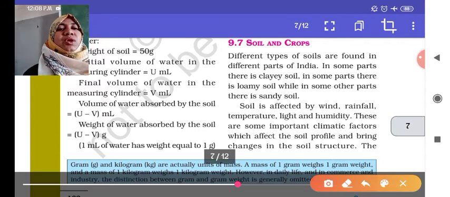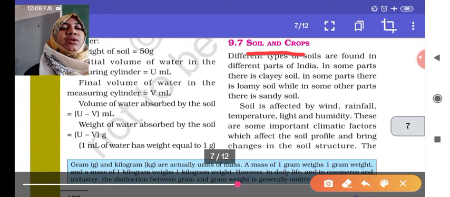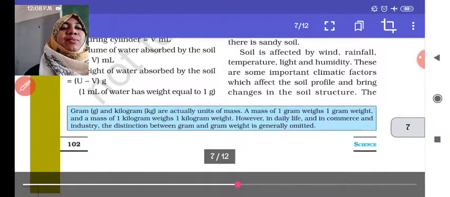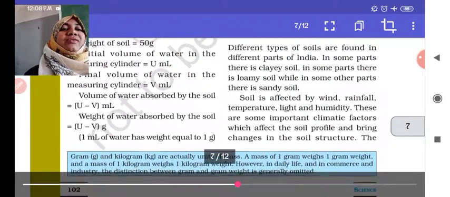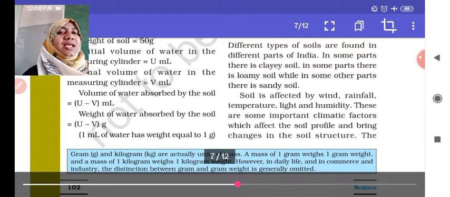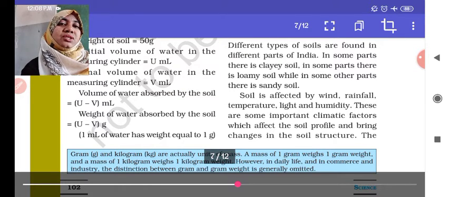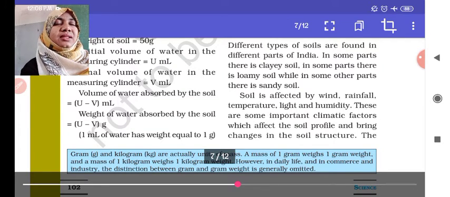The next concept we are going to see is soil and the crop. This is a very important concept. The soil is very important for the growth of different kinds of crops. As you very well know, the desert area is completely covered with sand. There the vegetation is limited. They cannot grow rice, ragi, wheat, this kind of staple food. They can grow only dates, khajur as you say, and you can see more cactus plants.